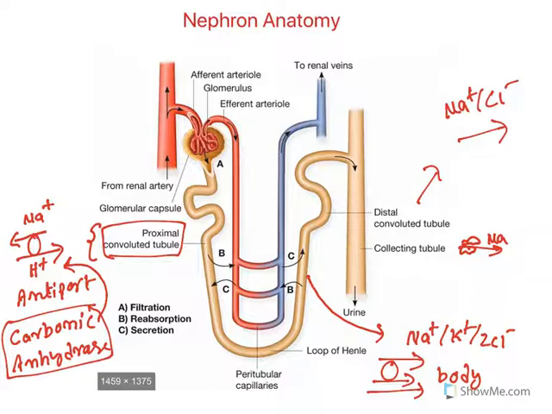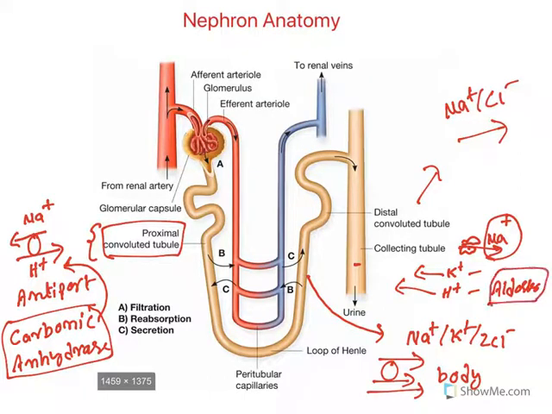Now what happens is, when sodium is reabsorbed from the lumen, the positive sodium is removed and it creates a kind of negative charge in the lumen. To neutralize that charge, the body will secrete either potassium or proton into this lumen. So any drug which increases the sodium amount at this collecting tract will cause potassium or proton loss. At the same time, at this junction we also have the aldosterone hormone. Aldosterone is a mineralocorticoid which activates the sodium channel, and more sodium and water are reabsorbed. So briefly, these are all the symports and antiports present at the luminal side of the nephron.